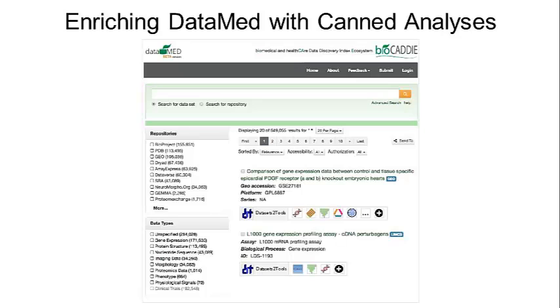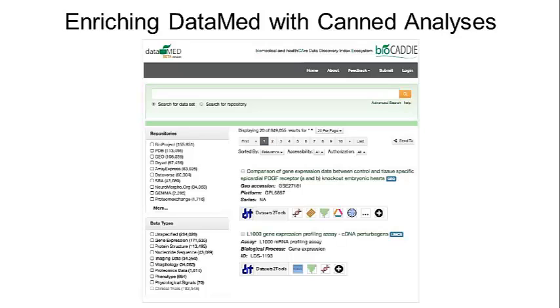So now I'll give a brief overview of the functionalities we aim to add to DataMed with the Google Chrome browser extension. In this case, we can see a screenshot of a results page of a dataset search on the DataMed index. The functionality added by the Chrome extension is represented by the toolbars which are displayed below each search result. So in this case, upon loading one of these search results pages, the Chrome extension scrapes the HTML